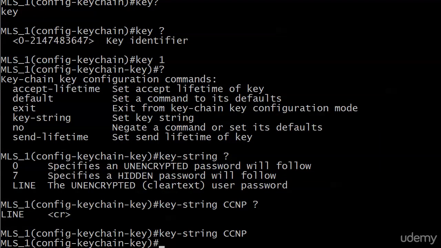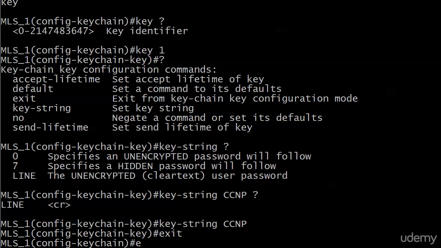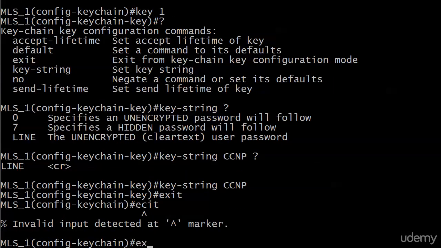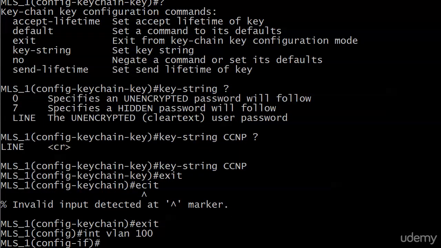And that's it. And if I want to create another key string while I'm here, I would call it key 2 and go forward from there. Again, I know this looks a lot more complicated than just setting a password. And again, for authentication for something like this, for HSRP, personally, I'm probably just going to go ahead and set a simple key string. But for other features that you're going to run into in the future, especially if they're time related, these keychains really, really come in handy. Then what you would need to do is learn how to spell exit. Then what you would need to do is go under here, if you were using that keychain,